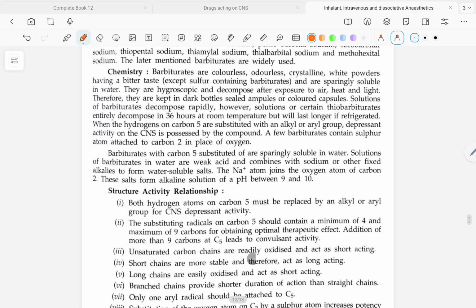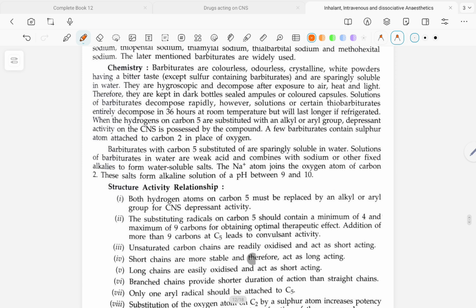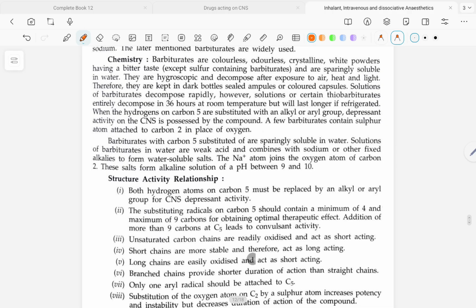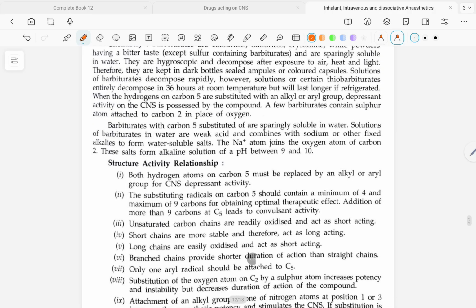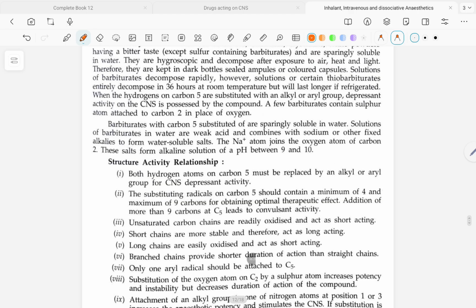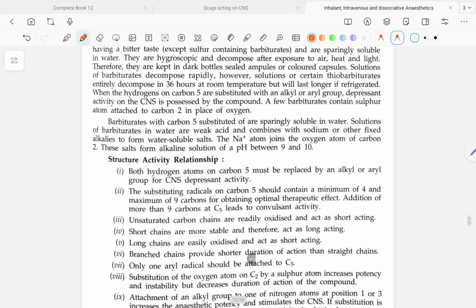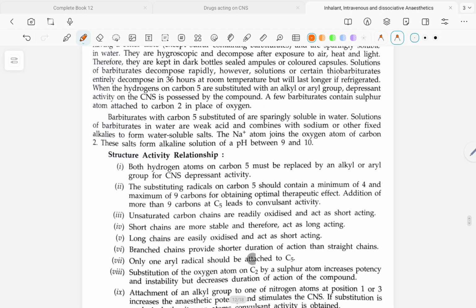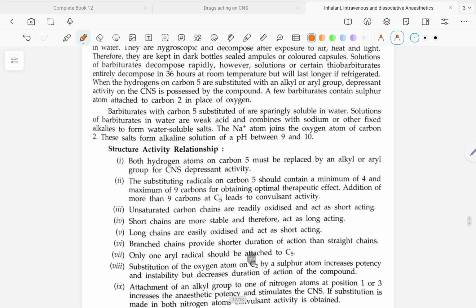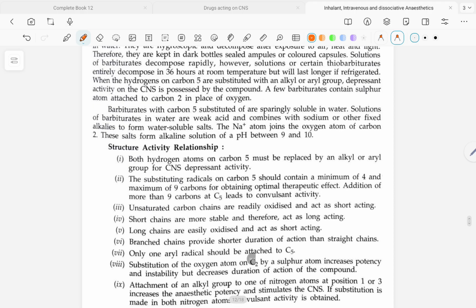Therefore, they are kept in dark bottles, sealed ampoules, or colorless capsules. Solutions of barbiturates decompose rapidly. However, a solution of certain thiobarbiturates entirely decomposes in 36 hours at room temperature, but will last longer if refrigerated. When the hydrogens on carbon 5 are substituted with an alkyl or aryl group,